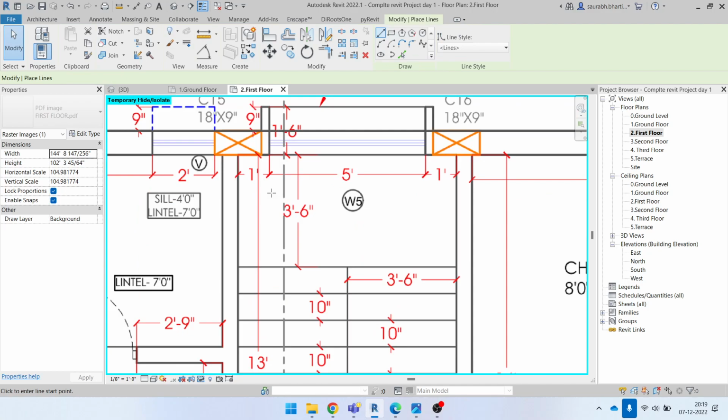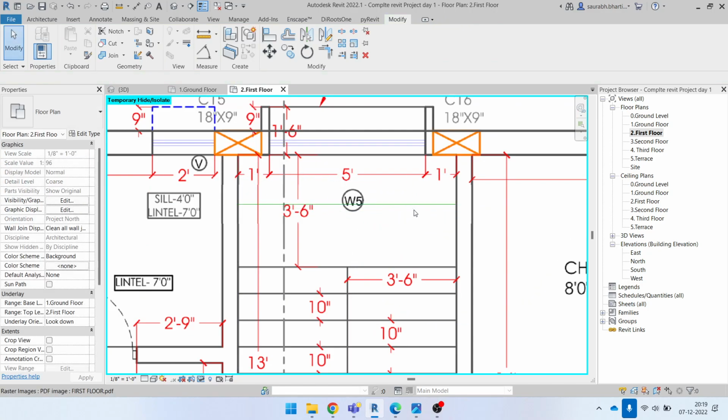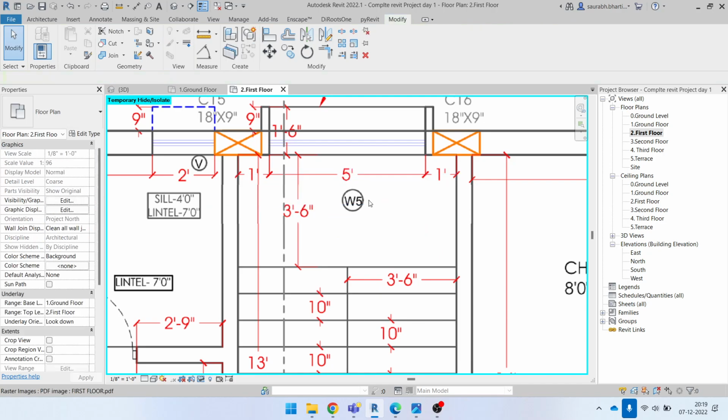You can use the same way, but in this case I have just used a different way. Here as you can see this is 12 feet. Okay, and today what I have decided, I don't want to use any lines, I just want to scale it directly. So what I'm gonna do